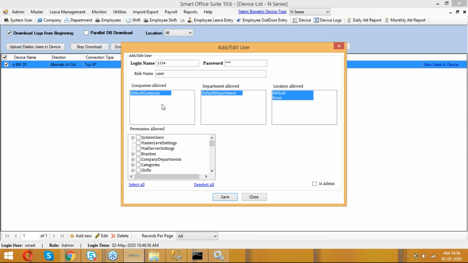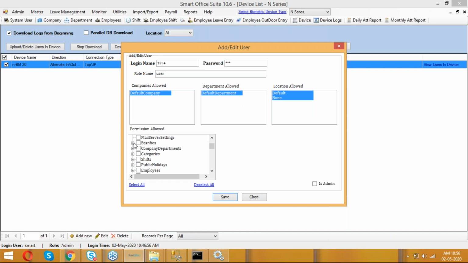Suppose you have more than one branch or two or three departments. At that time you can make use of the system user if you want to give application access to any of your employees or HR. Then select the permission allowed here.